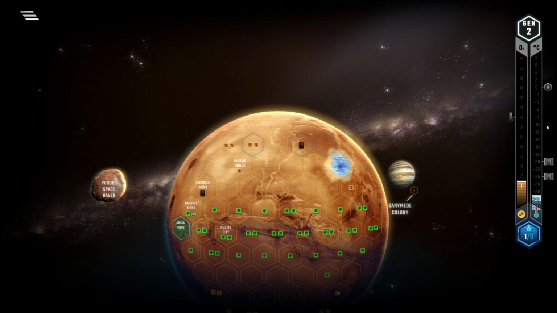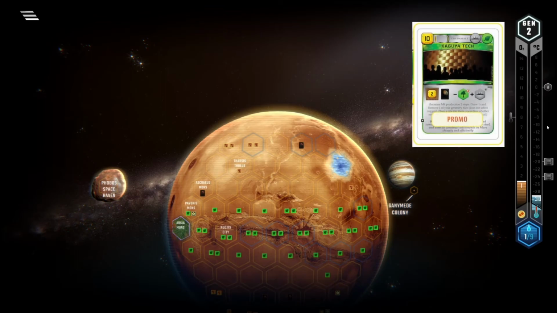Next up, we get a card that will be one of the most influential ones in the entire game. Kaguya Tech. It costs 10, grants a city and a plant tag, 2 MC prod, draws a card, and lets you replace one of your greeneries with a city. This is an absolutely busted effect, and I can tell you why. First of all, it's the cheapest city in the game. Secondly, when removing the greenery, half of its direct point value stays intact, as the oxygen you gain from it